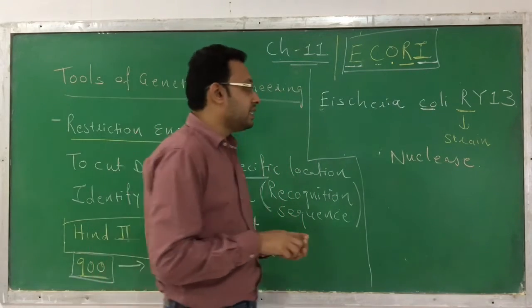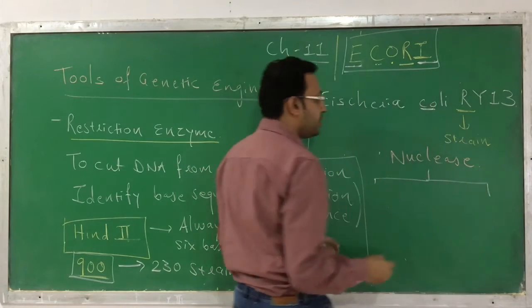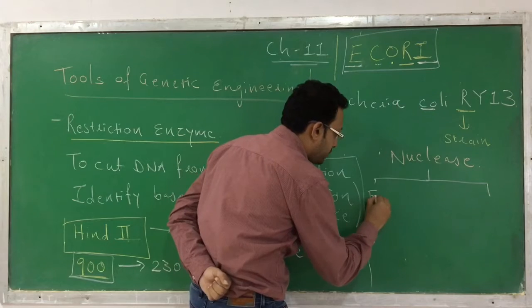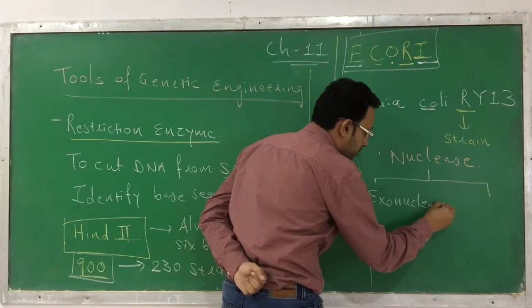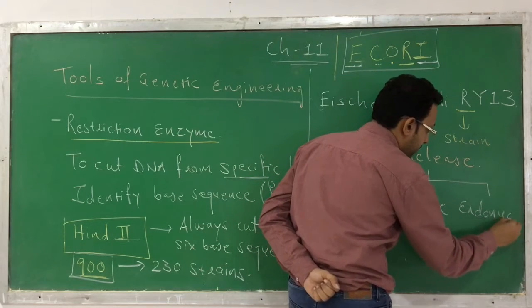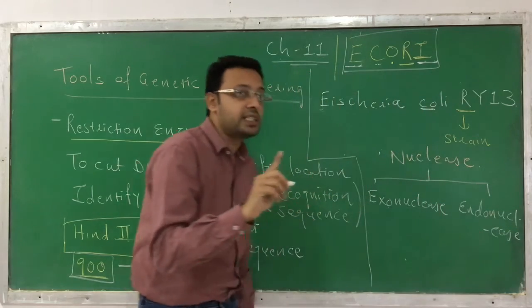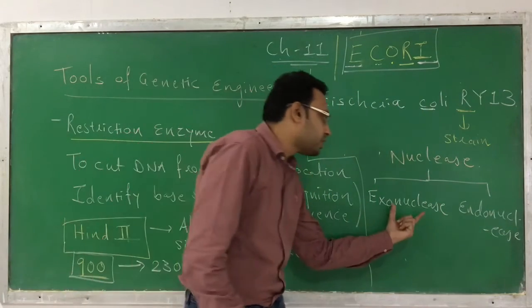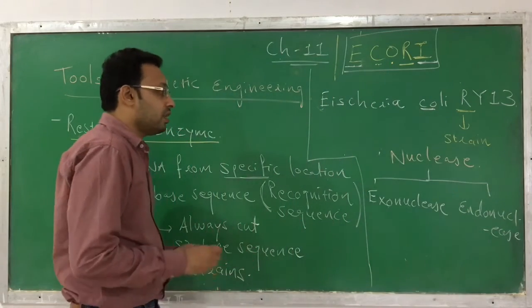And nuclease enzymes can be of two types. Which are the two types? Exonuclease, and the second one is called endonuclease. Clear? So what is called an